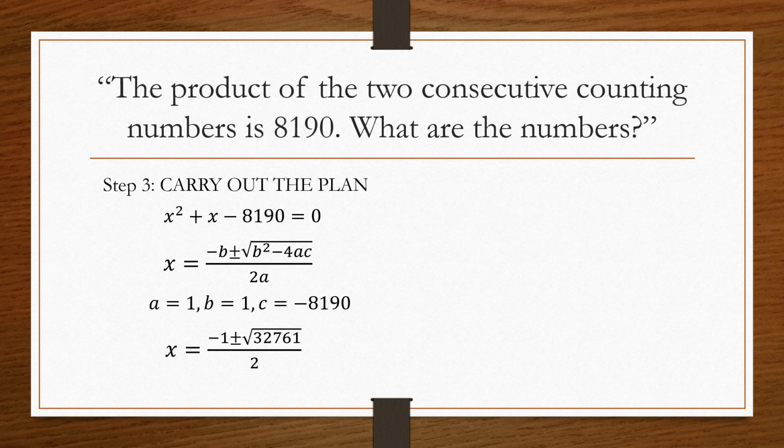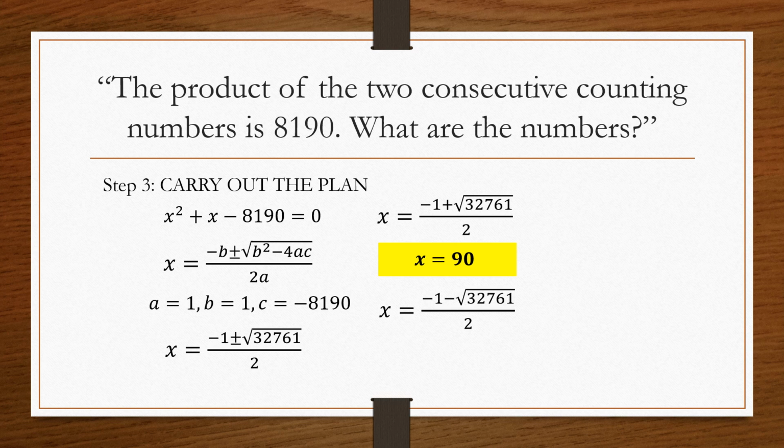And for the first root, x is equal to negative 1 plus square root of 32,761 divided by 2, and that is 90. For x is equal to negative 1 minus square root of 32,761 divided by 2, we'll get